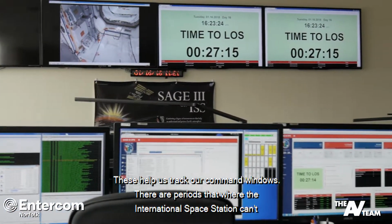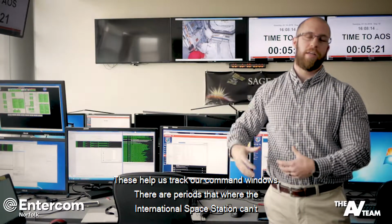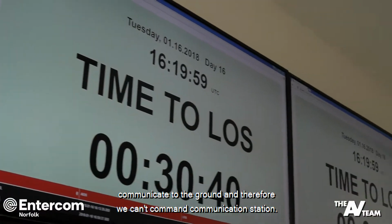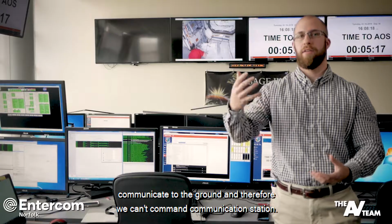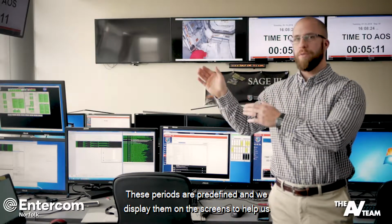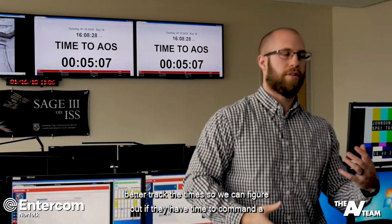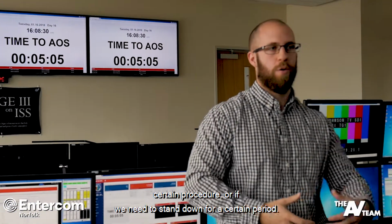These help us track our command windows. There are periods where the International Space Station can't communicate to the ground, and therefore we can't communicate to the station. These periods are predefined, and we display them on the screens to help us better track the times, so we can figure out if we have time to command a certain procedure or if we need to stand down